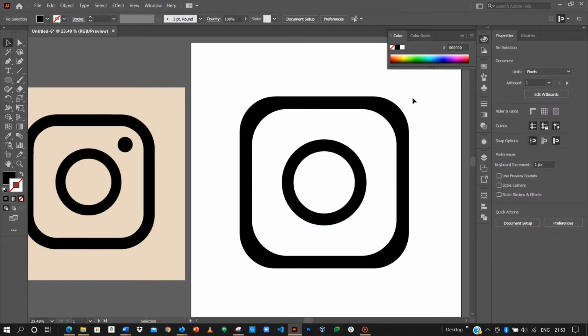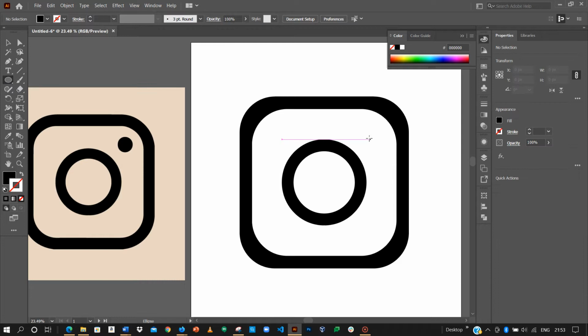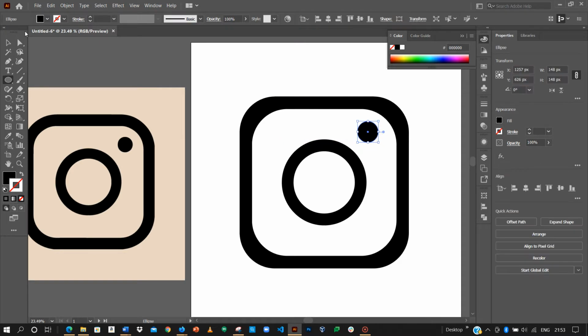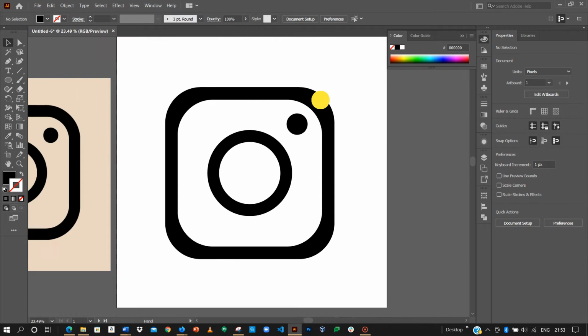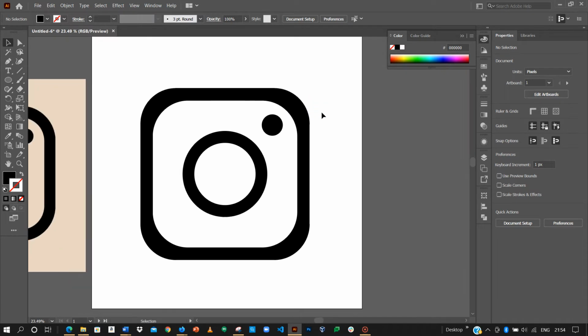Now we want to create our third shape, that is this circle, and that is so easy for us to do. So go back to the ellipse tool, click on it, and then holding the shift and alt key, we draw our circle. Beautiful. And so we have this drawn correctly, and we've been able to create our first Instagram logo